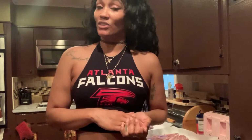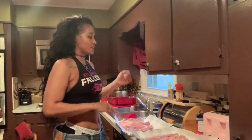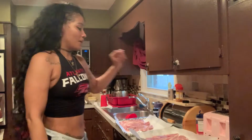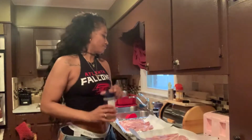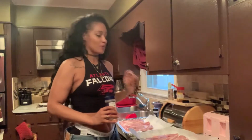I'm just gonna go ahead and season the steaks, and I just use a very simple seasoning. But I have a couple other things that I put on there. I'm gonna be using seasoned salt,